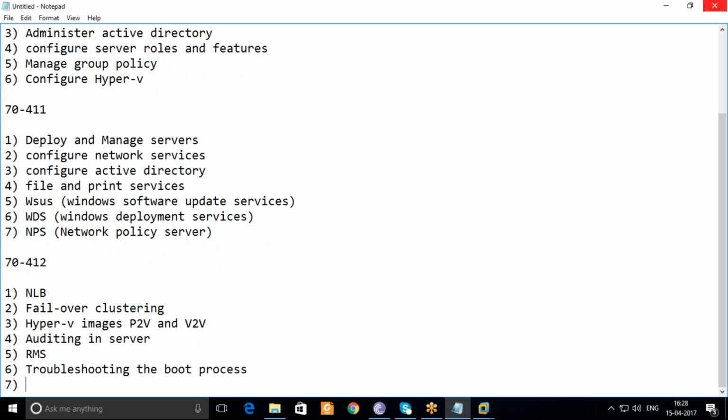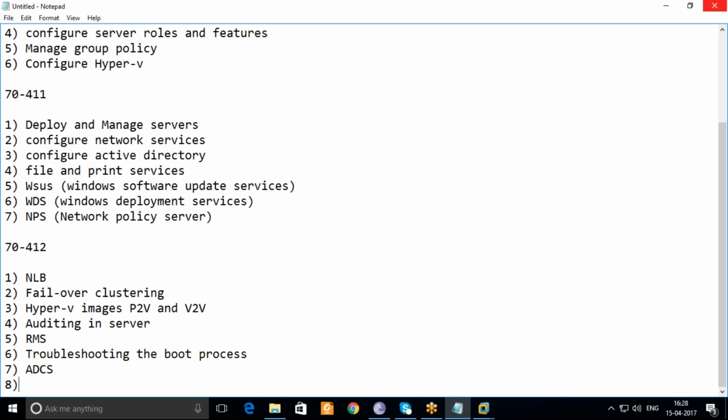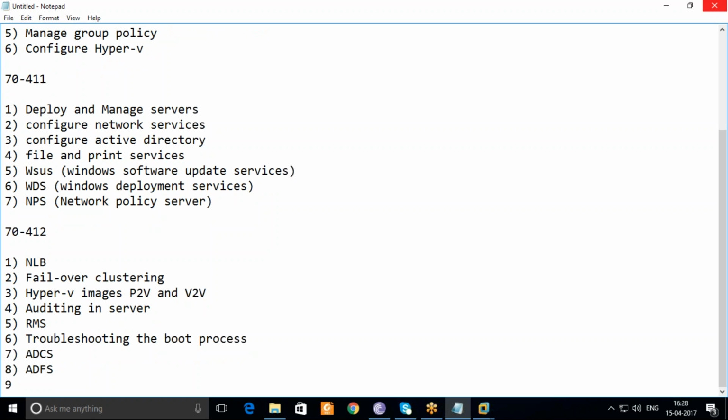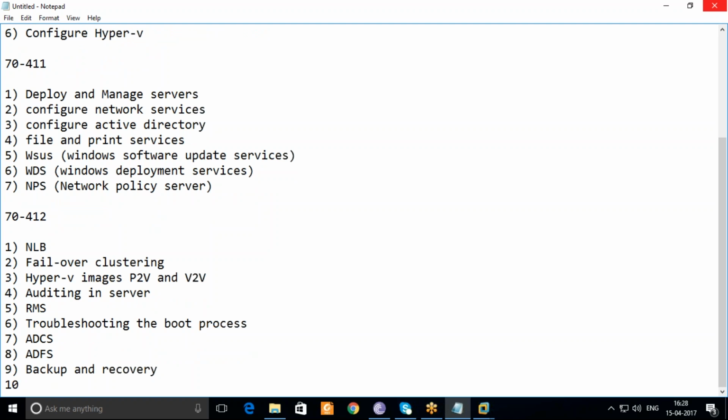In Windows Server 2012, we are going to understand about Active Directory Certificate Services, how to manage certificate services and Active Directory, Federation Services, and also how to do backups and recovery. And tenth, you're going to understand about the many aspects of